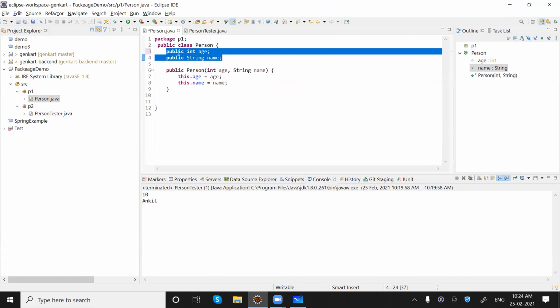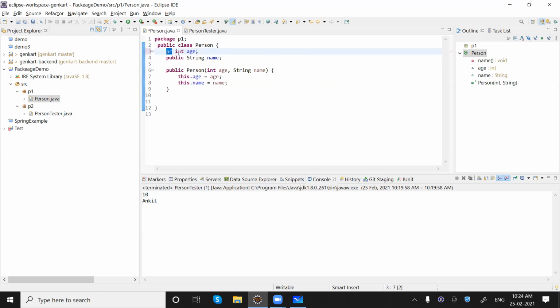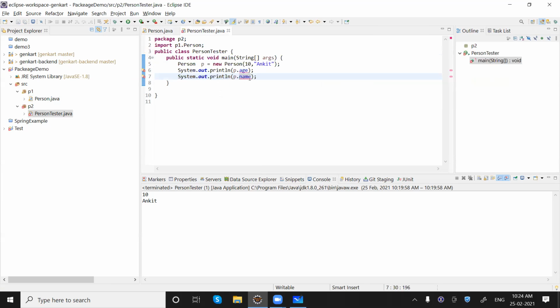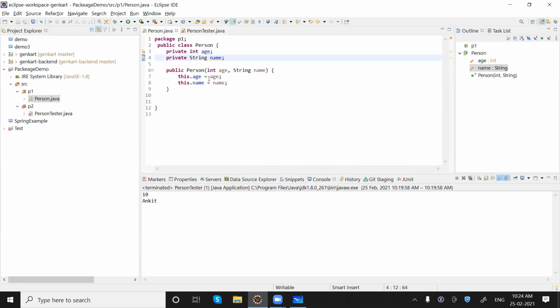For example, these two are private members, then you can see we are not able to get these variables. So we will create a setter and getter.